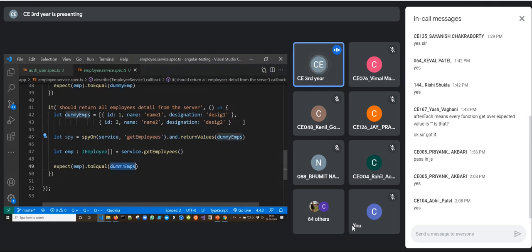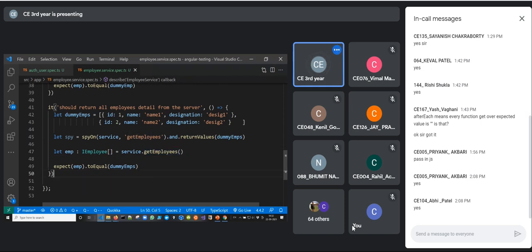So you are comparing the return value with the dummy values. In the database, you add some dummy records and you are comparing it with the dummy records. The only difference is that once you comment out this part, it will be the actual implementation of the method.